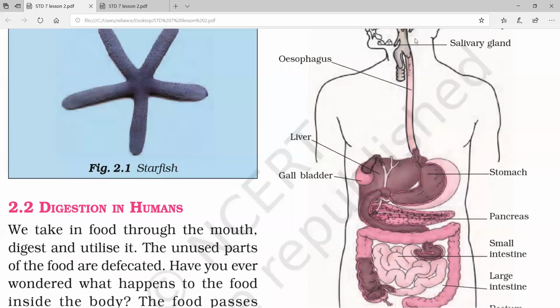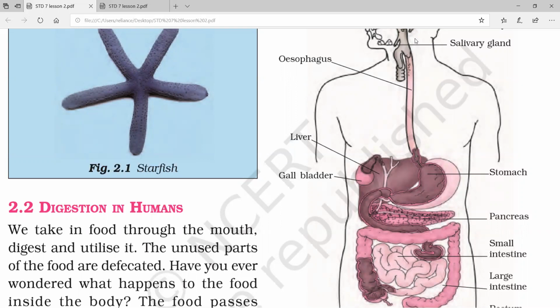Hello students, in the previous videos, we learned how the digestion process starts from the buccal cavity or mouth and how the food is pushed towards the stomach through the esophagus or food pipe. Now in this video, we are going to learn the most important part of the digestive system, that is small intestine, where full digestion of the food takes place and absorption and assimilation of the digested food for the growth of the body is taking place here.